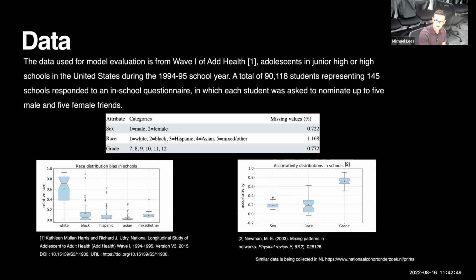Then you can see the race. So you see most of the children are white. Second highest group is black, third Hispanic, and then mixed or other is the fourth one. Now, what I will explain a little bit is that in network science, there's something called assortativity, which explains how likely you are to find 2 nodes which are similar connected to each other. So the measure of assortativity is also a measure of how segregated the network is. So we can use it as a segregation measure for a network.